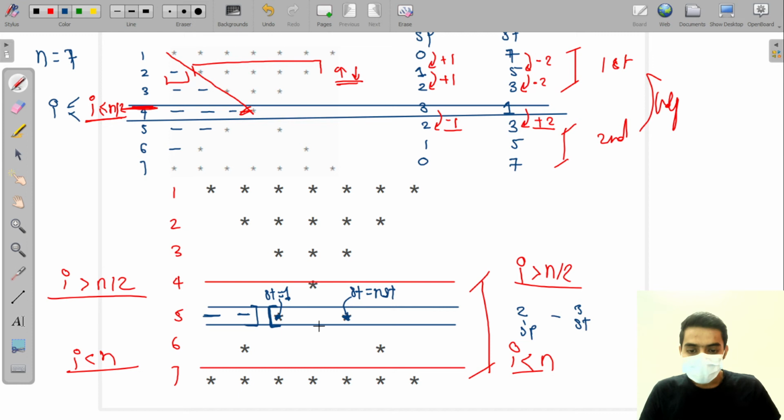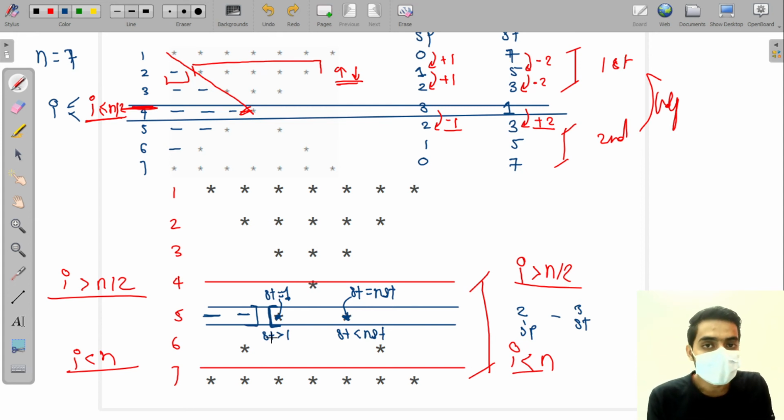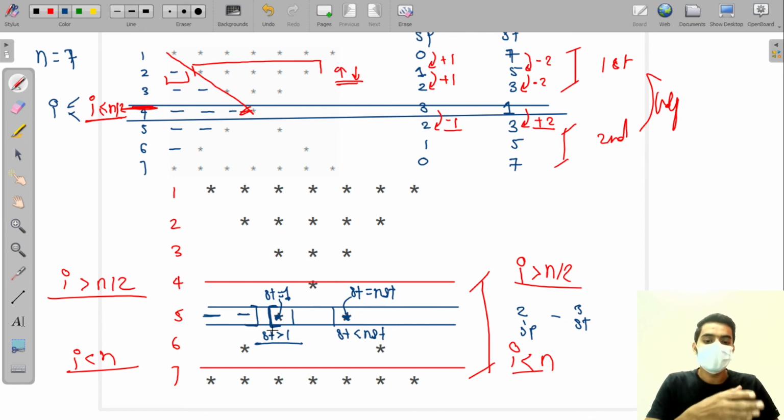So what is our analysis for that? The condition is: if star is greater than 1 and star is less than number of stars, then print space. We need to print spaces in between them. So the condition is star greater than 1 and star less than number of stars, so print space here.